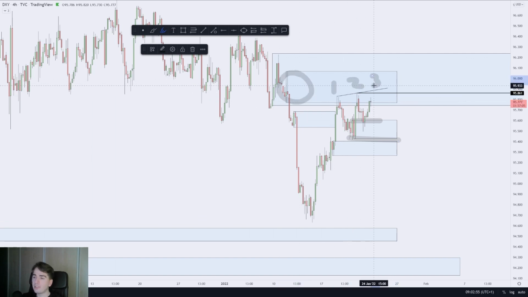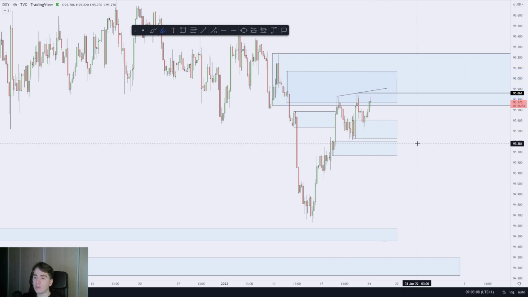1, 2, 3. So what I'm currently kind of keeping my eyes out for is, okay, are we going to see a fake out on that second high or a third trend line touch, then a dump back down lower? Or are we going to start breaking the highs? That's kind of what I'm going to be looking for today.